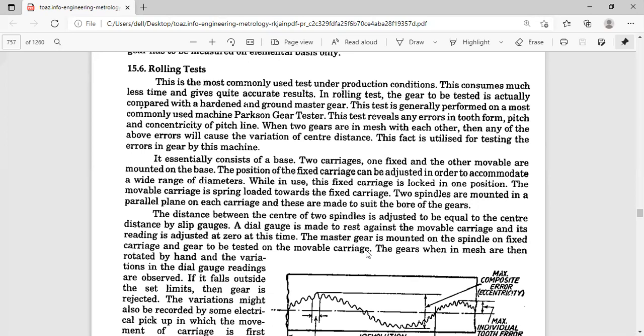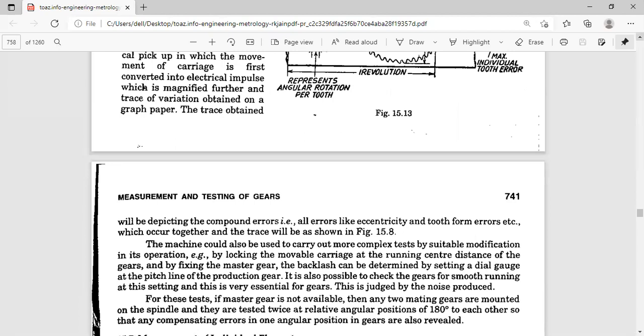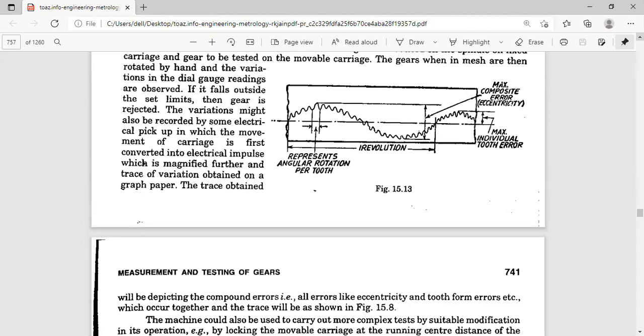How do you measure the center distance? Actually, this particular diagram is not good. In IC Gupta and others it is given beautifully, even Mahajan, and in KL Narayana, just try to see. We have a scale on the Parkinson gear tester, and through the calibrated scale we can check the center distance easily. If you want to calculate it theoretically, the center distance is the average of the diameters of the pinion and the gear. So that is very important.